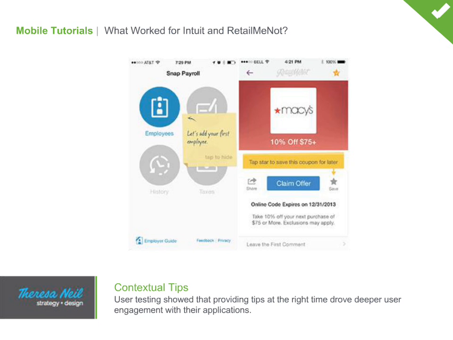Basically it says, hey, let's get you started. This is where you add your first employee. This contextual tip on a sticky note is what tested hands down the best for them. It helps people get started at the right time, the right place, and get in there right away and start